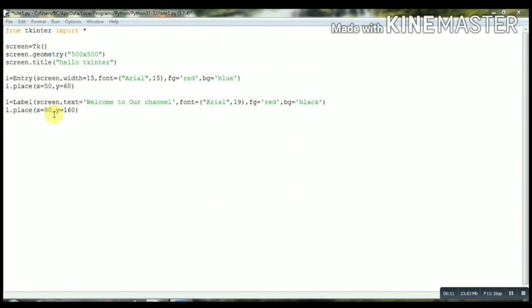Before that, let me tell you one thing. In the end, remember to write screen.mainloop, meaning whatever you have named the Tkinter window, dot mainloop to run the whole program. Now let's create a variable frame. Write Frame, with the first letter capital and the rest small.